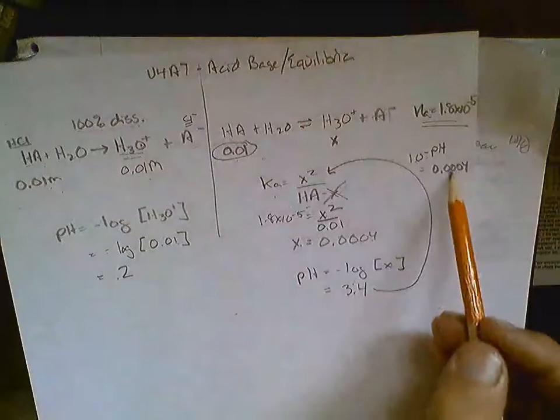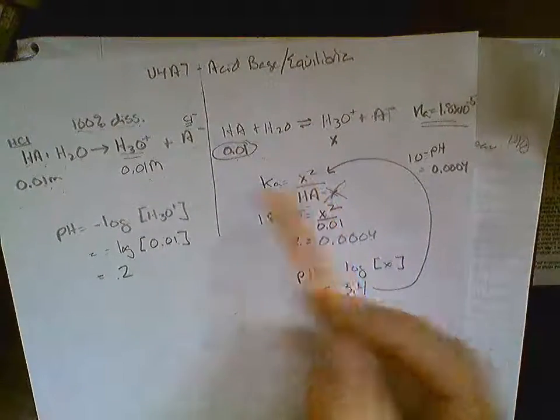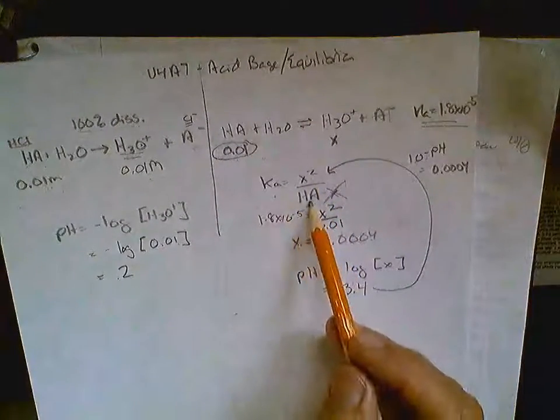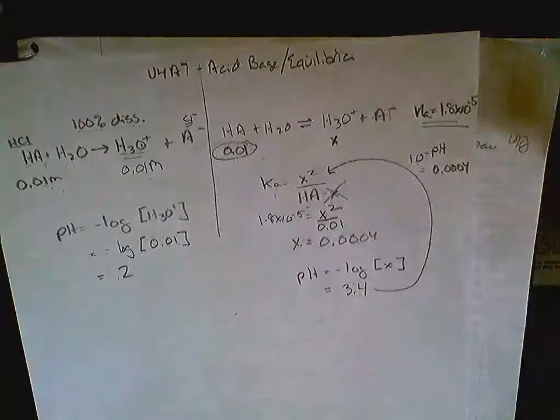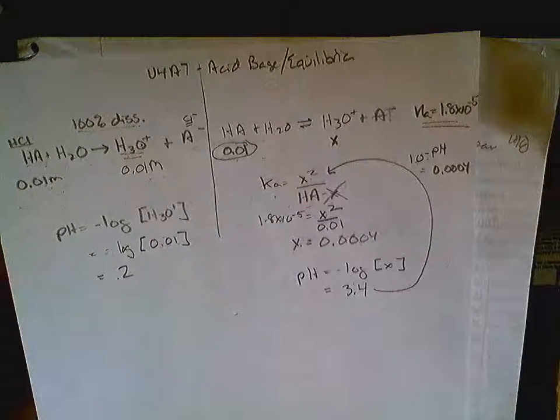So if you put 0.0004 in for X and you put 0.01 in here, you would get this Ka value right here. Folks, this is just a number of calculations that you can do for a weak acid and a comparison of weak acids to